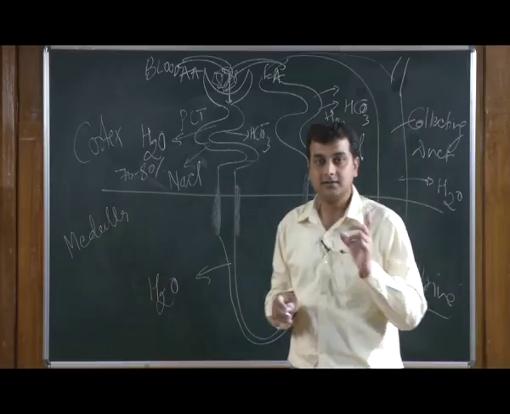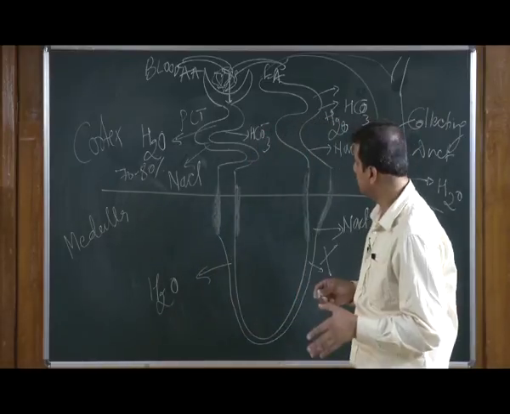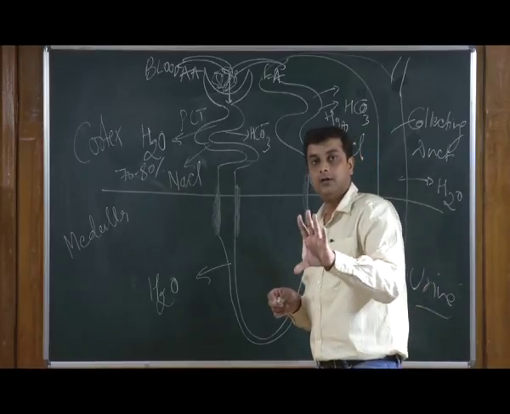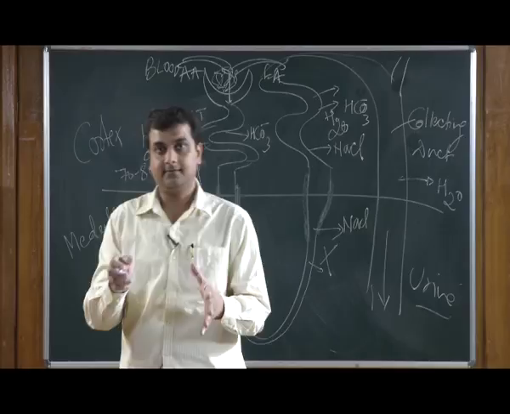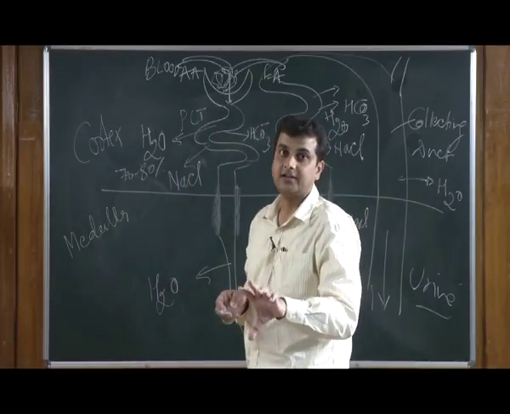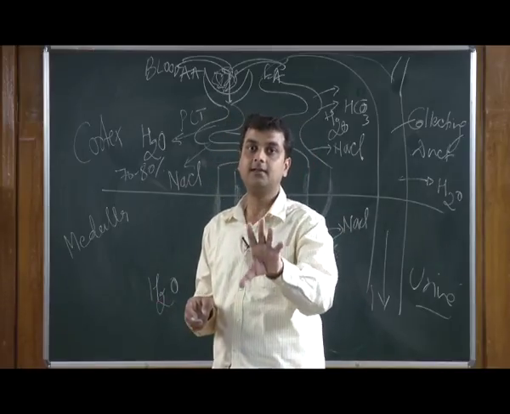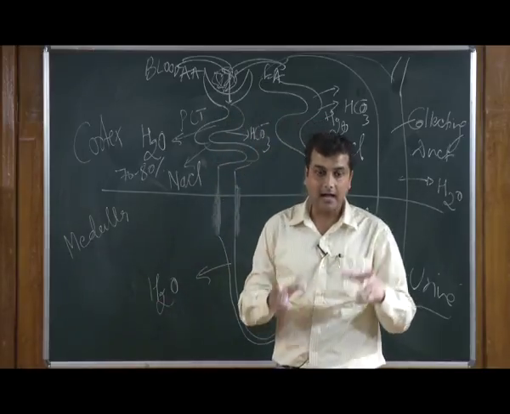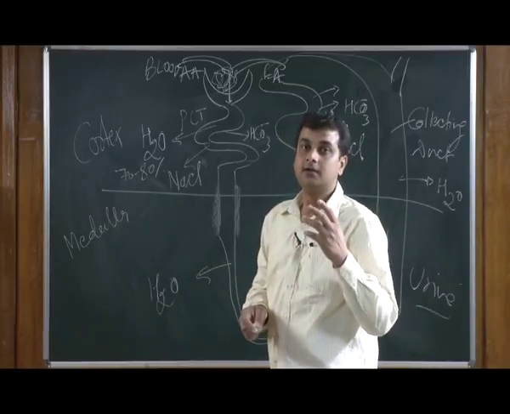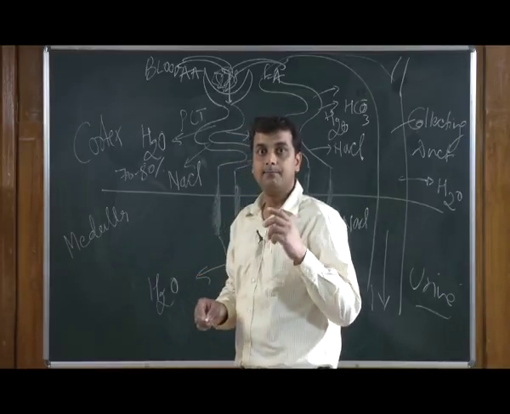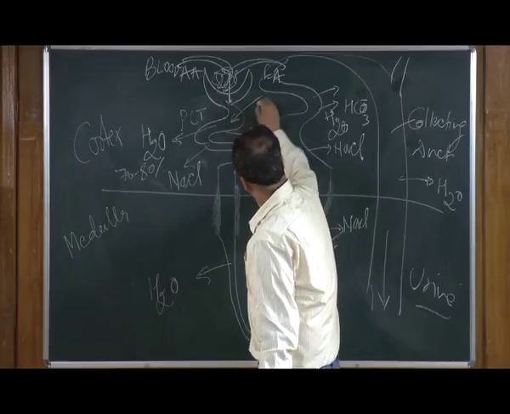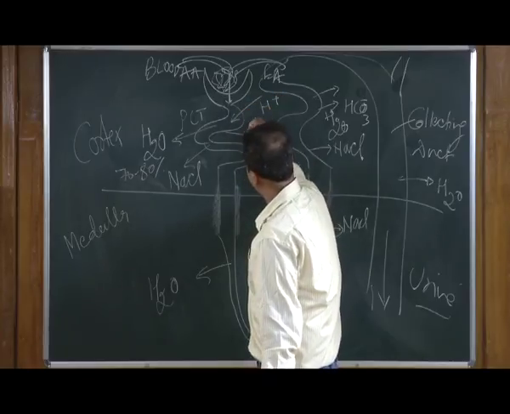We will jump into the third part, secretion, and in the secretion we would like to discuss what is secreted in order to maintain the balance, and this balance comes from some of the ions secreted into the tubes to make the pH constant, to make the ionic equilibrium constant, and those two very important ions are H plus ion and potassium ion. So my arrow will go like this. So H plus ion and potassium ion